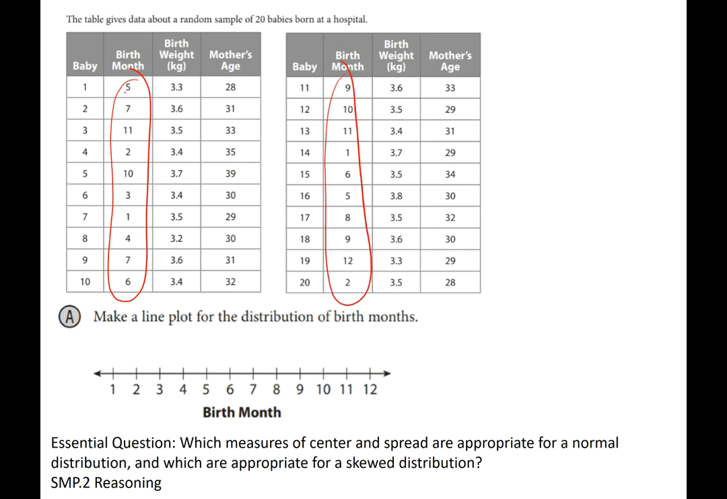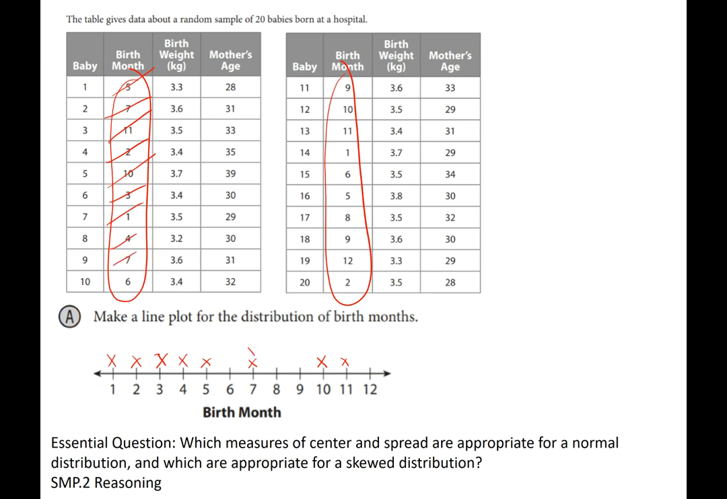So all we're going to do is start with birth month 5, and I'm going to make an X. And then birth month 7, I'm going to make an X. And 11, and hopefully you're getting the idea. We're going to keep making X's. 2. I'm crossing them off so I'm not forgetting what I've done. I might need to go back to them later, but at least I'm keeping track of it somehow. I could put a check mark next to it. 10, 3, 1, 4,